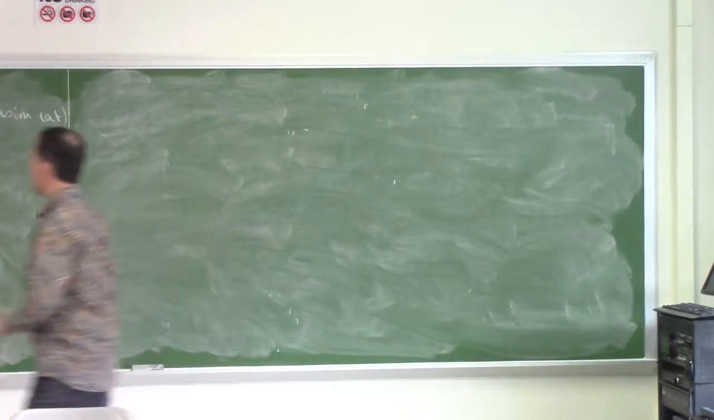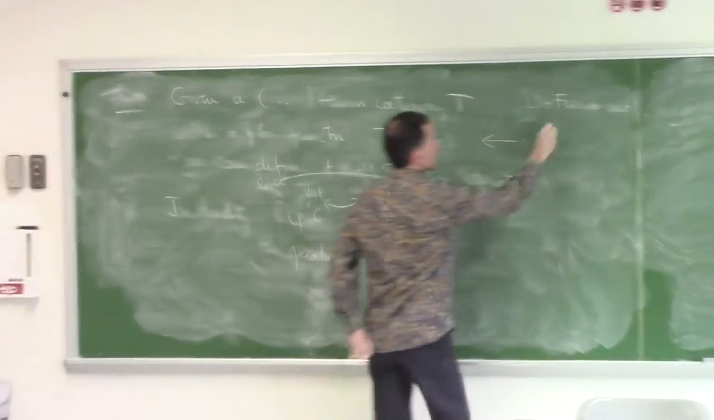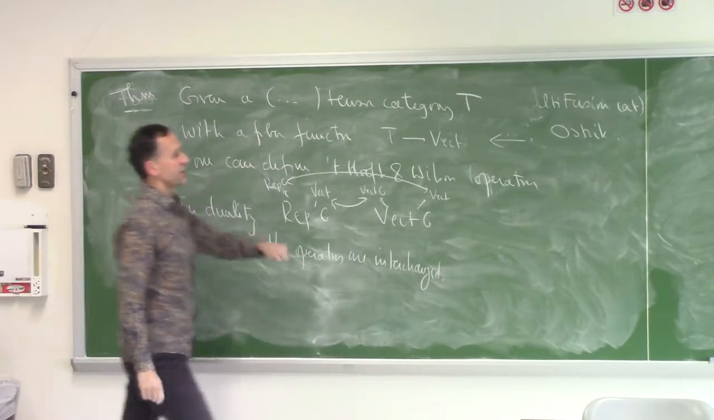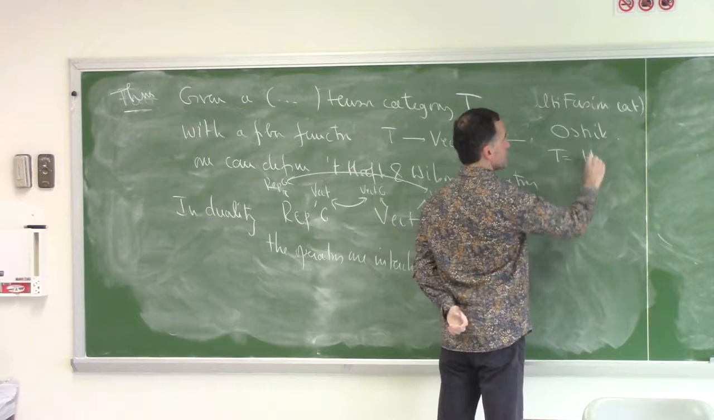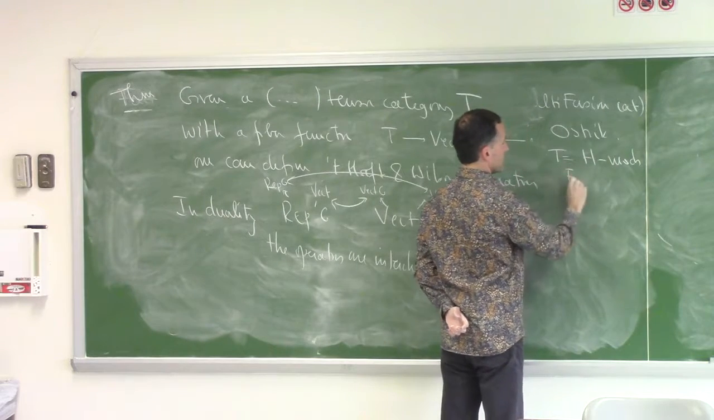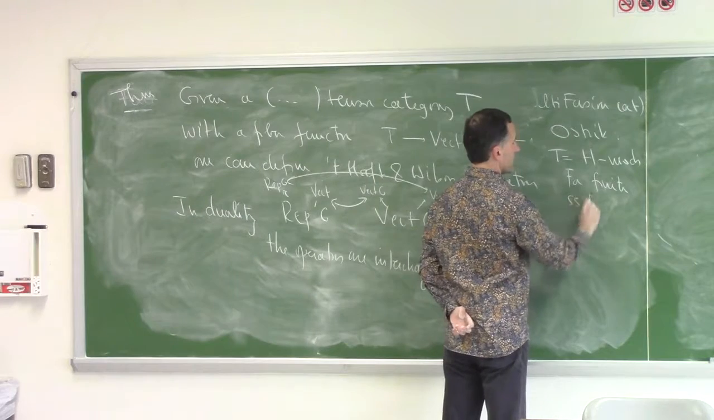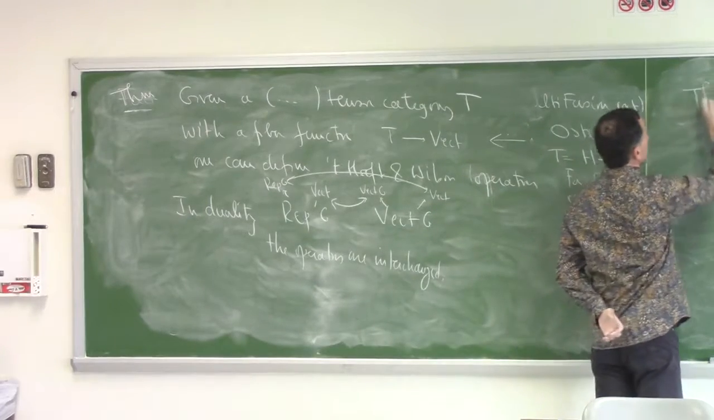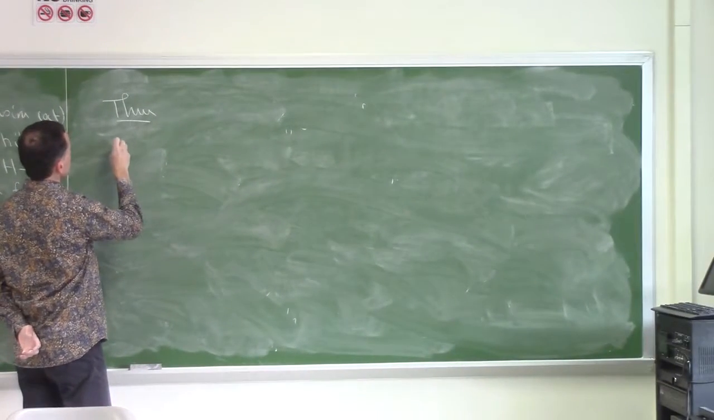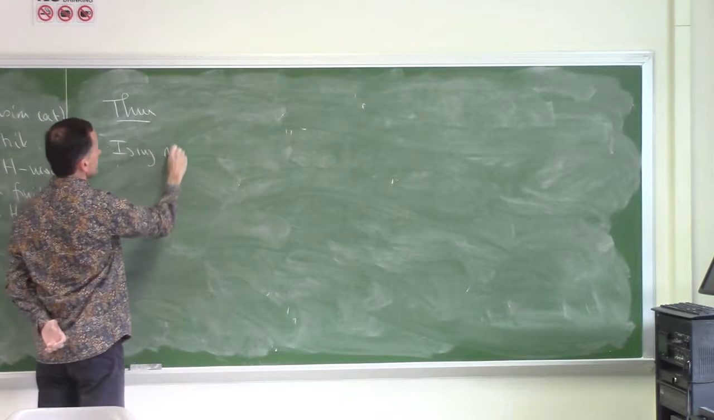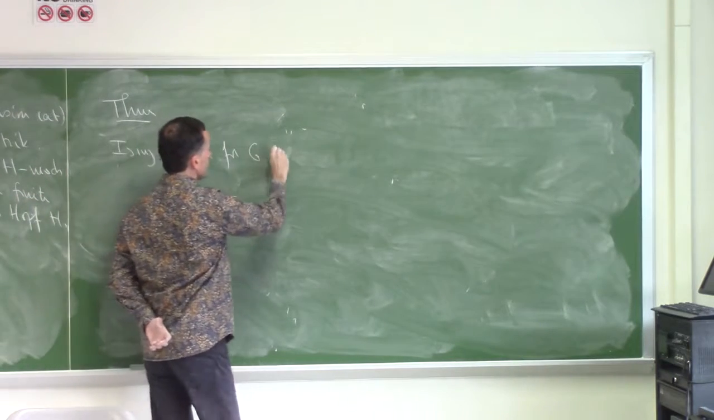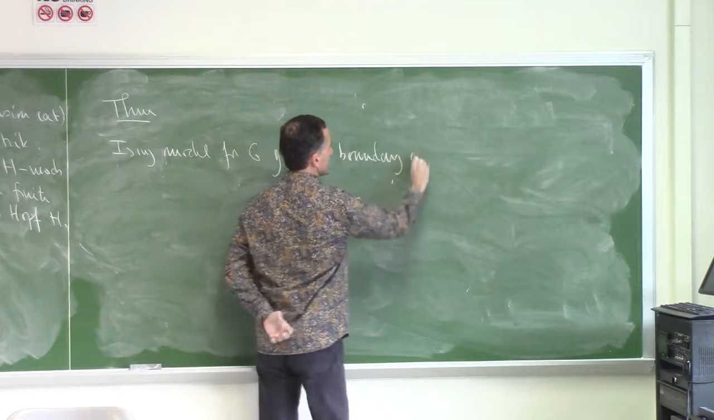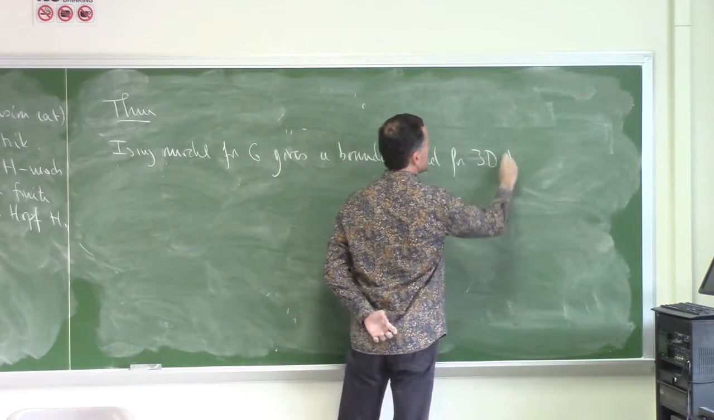I should mention here the theorem of Ostrik. This must be the category of representations of a finite-dimensional Hopf algebra, or H-modules of finite dimension. The theorem is that the Ising model for G gives a boundary condition for 3D topological gauge theory,